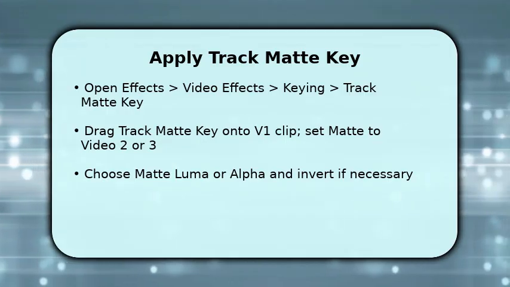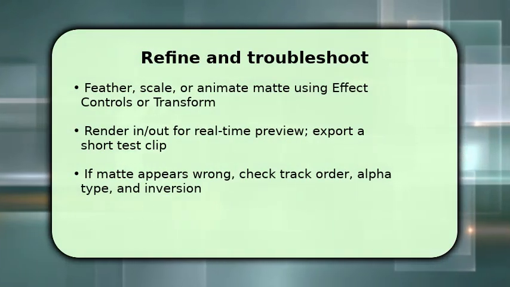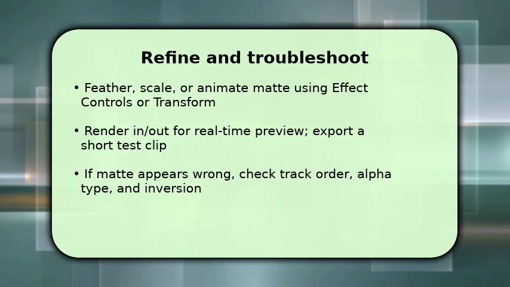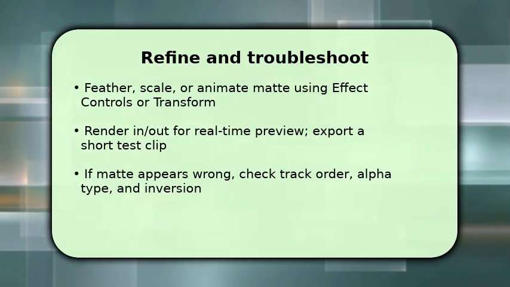Now refine. Use Transform or Gaussian blur on the matte layer to feather edges, animate scale for reveal motion, or keyframe position for movement. Make sure to render the section for smooth playback and export a short test to confirm